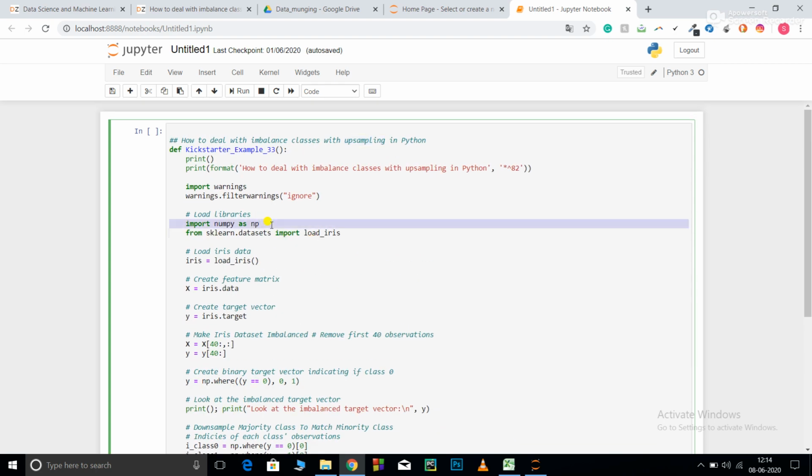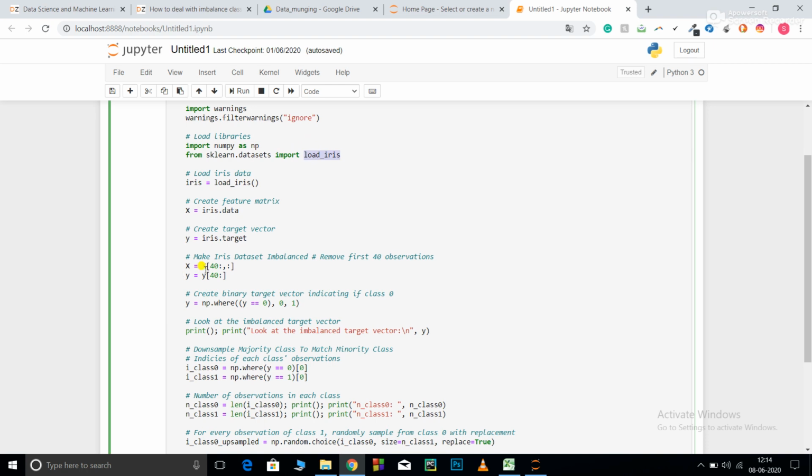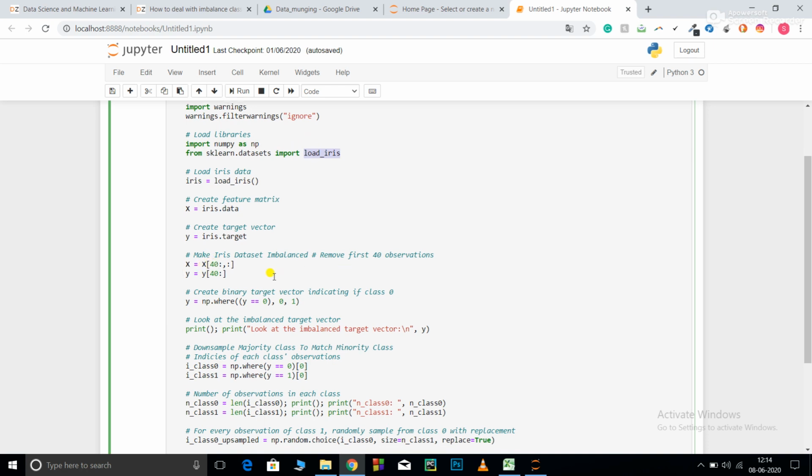I have imported numpy as np. Then from sklearn.datasets, I have imported my preloaded data, that is load_iris. Remember, this class imbalance problem, as its name suggests, only occurs in classification problems. So X is iris.data, which is my feature matrix. Now y is iris.target.